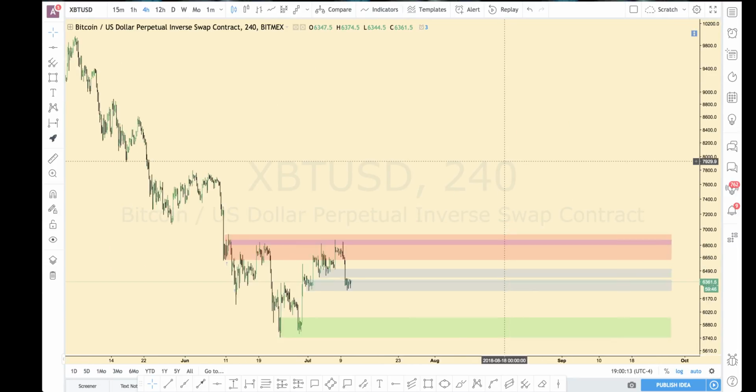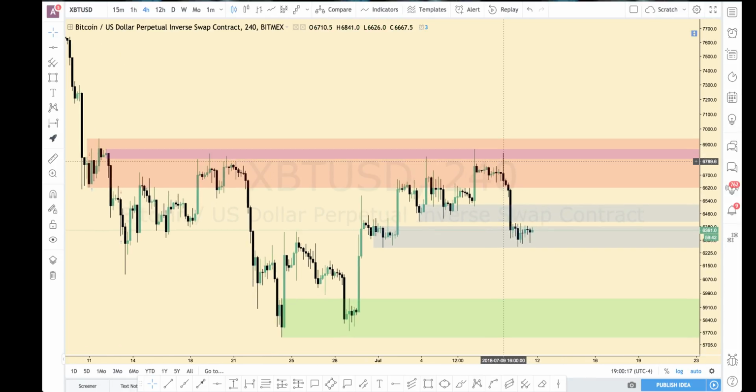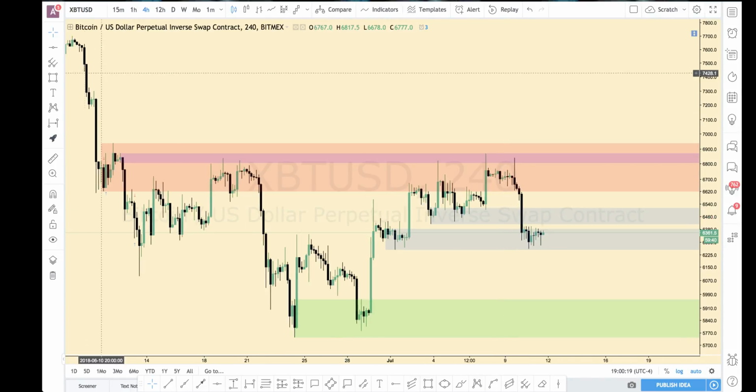I don't want people to get discouraged because you're like, oh, I thought that was an order block and somebody told me I was stupid. It's like, no. If you long the resistance level, you're stupid. But